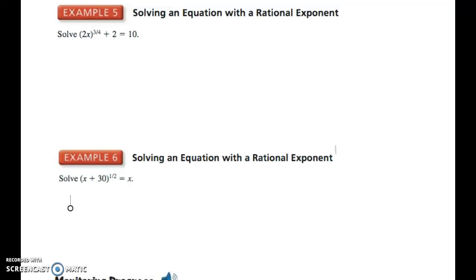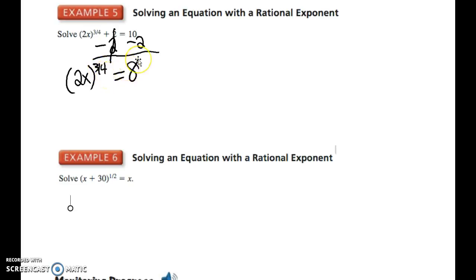Go to page 11 of your packet and look at example 5. To solve this problem, we can see that there's a rational exponent, 2x to the 3/4, and we want to get that all by itself. So we're going to subtract 2 from both sides. When we do that, we're left with 2x to the 3/4